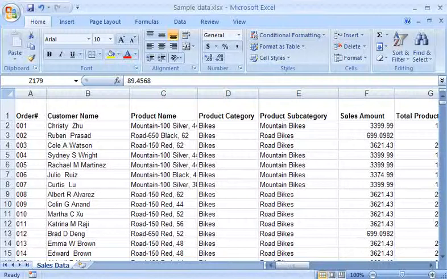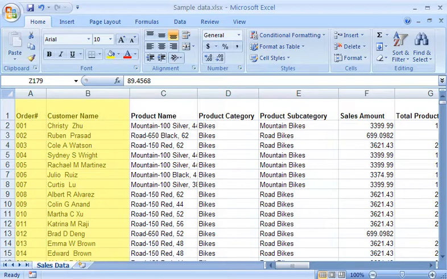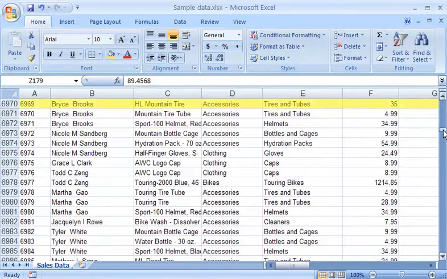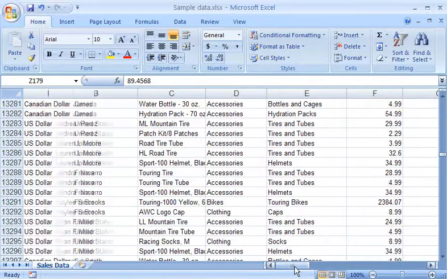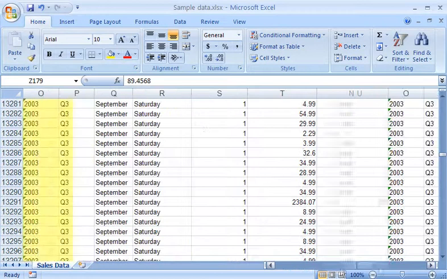This worksheet contains a detailed database of thousands of customer transactions. In the first row, I have added column headings to classify the information contained in each column. I also planned the worksheet so that the first two columns are heading columns to make it easier to identify each row. The problem now is that as I scroll down, the heading row is no longer visible, and as I scroll to the right, I no longer see the heading columns.